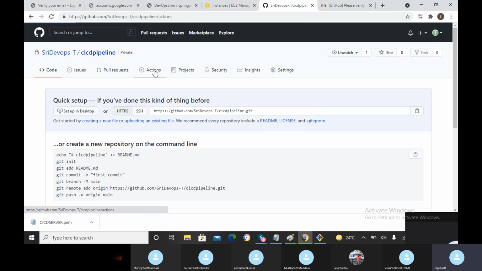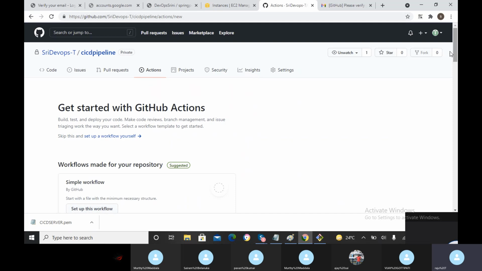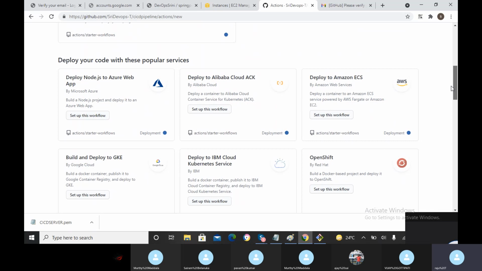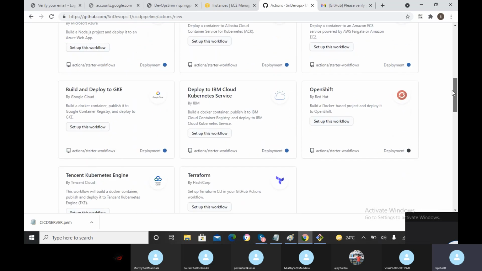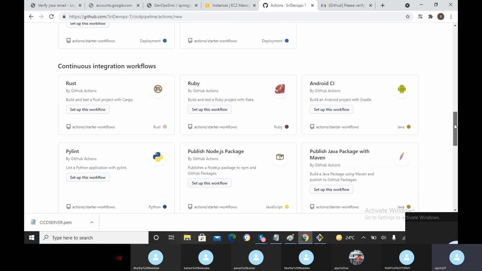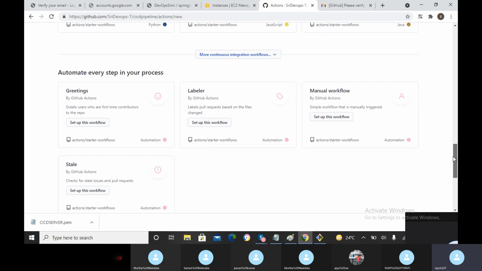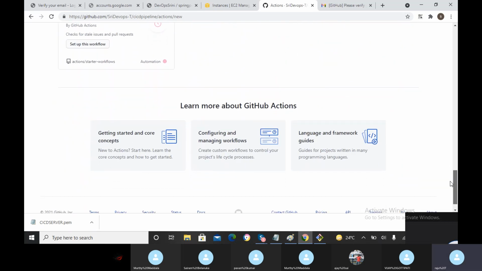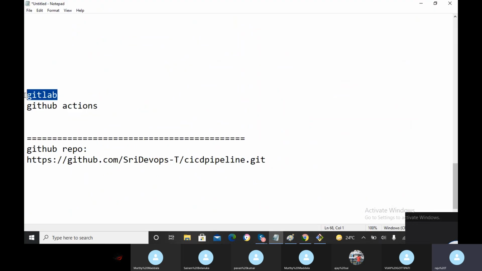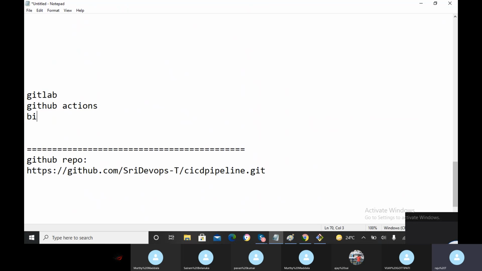GitHub. See, there is Actions. Inside Actions, you can define your own workflow. This is called GitHub Actions. You can deploy your code to Azure Web App, or AKS, or deploy to ECS, Elastic Container Service, deploy to IBM Cloud, even OpenShift from Red Hat. Even Terraform, even continuous integration tools. So you can automate every step of the process. That's why yesterday I said, through GitLab, GitHub Actions, or Bitbucket pipelines,